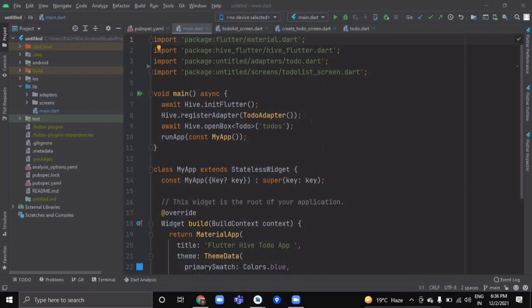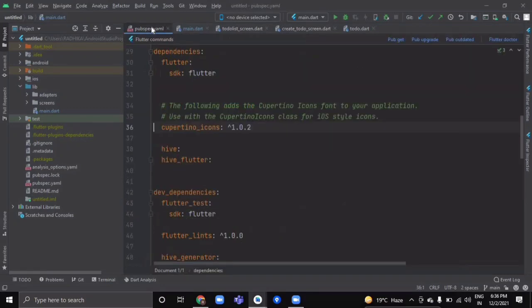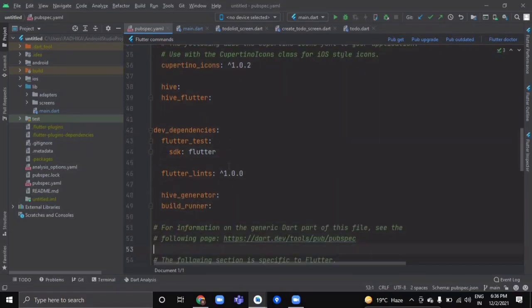So let's get started. First of all, go to your pubspec YAML file and under dependencies import these two packages, Hive and Hive Flutter. These two will provide us the power of Hive with its inbuilt extension methods. And under the dev dependencies import these two packages, Hive Generator and Build Runner.